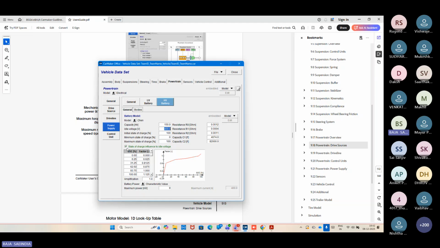Coming next to the state of charge influence. Ensure you take this state of charge and plot a factor against your state of charge. The maximum power should be limited to the 9. There should not be any deviation in this value,